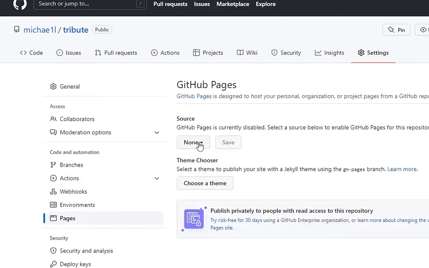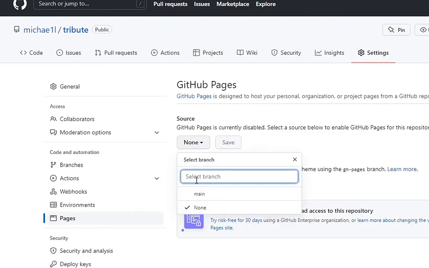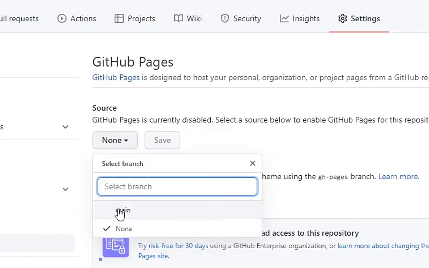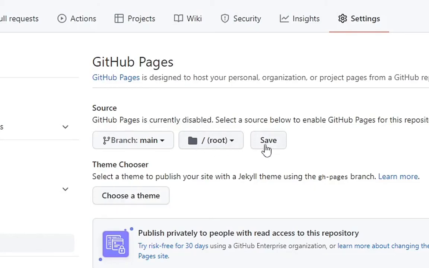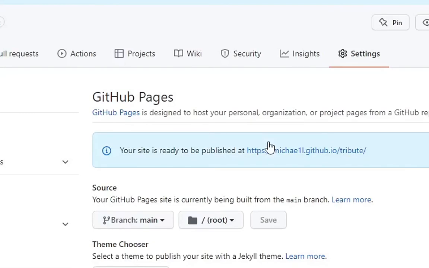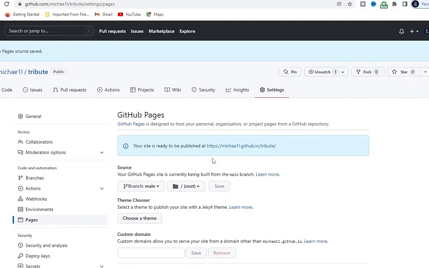then click on none. Now your main branch, this is my main branch called main, so click on it, then save it. Notice main branch root. Let's save it. So it's going to take a couple of minutes for it to be all set, but now we are going